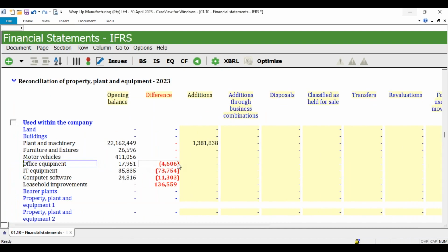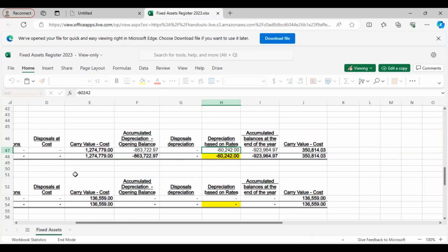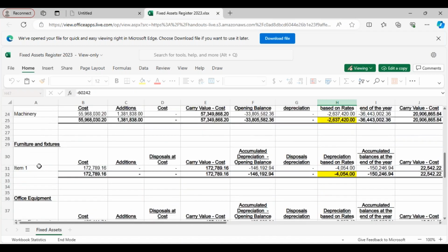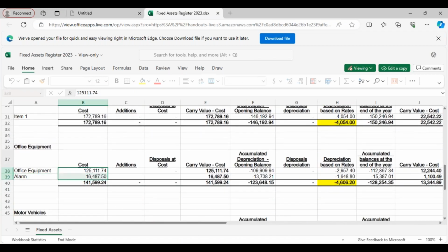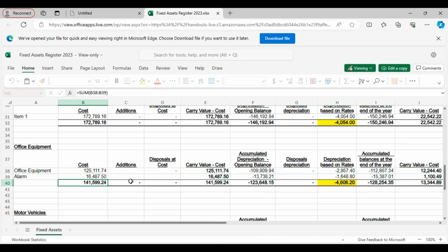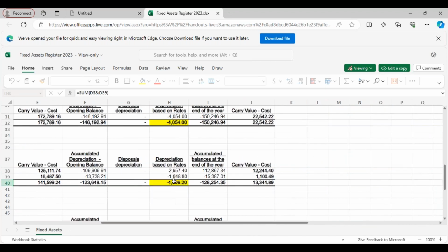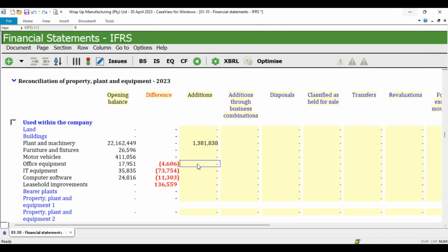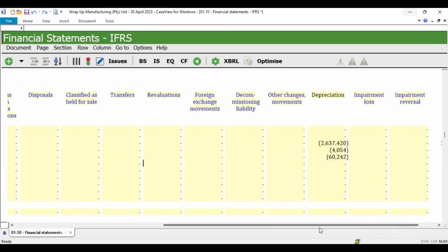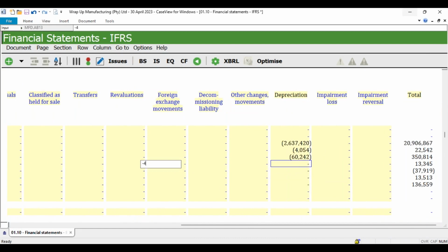Moving on to office equipment. Back on my fixed asset register, let us look for office equipment. We've got two office equipments, alarm and office equipment with a total. There's no additions, no disposals, but a total depreciation charge of 4,606. So I'm going to go down here and look for negative